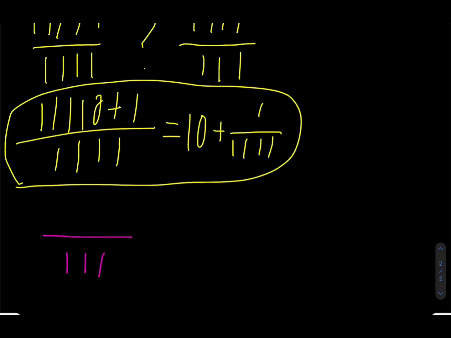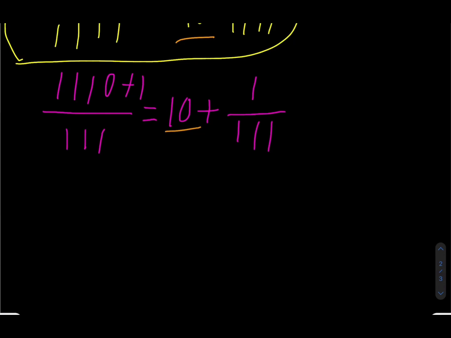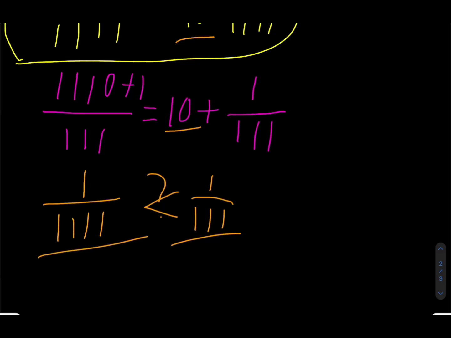So if we were to rewrite it, we would get plus 1 which equals 10 plus 1 divided by 111. Since they both have 10, all we need to do is compare 1 divided by 1,111 and 1 divided by 111. If the denominator is bigger, then the number will be smaller. So 1 divided by 111 is bigger than 1 divided by